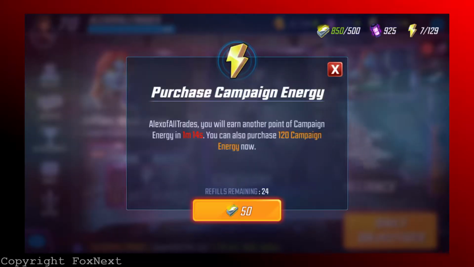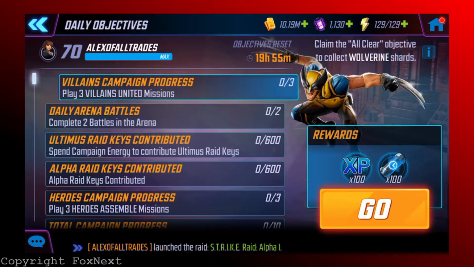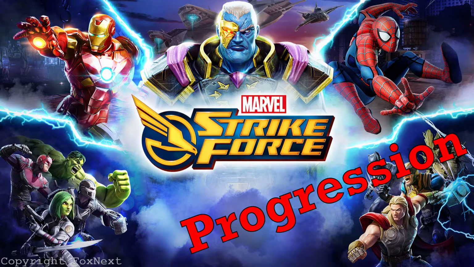The main form of energy, campaign energy, is earned at a rate of 1 every 5 minutes. Daily objectives gives a free amount of campaign energy 3, possibly 4 times a day. I wouldn't know for certain. I'm asleep at the other time it might hit. Anyway,